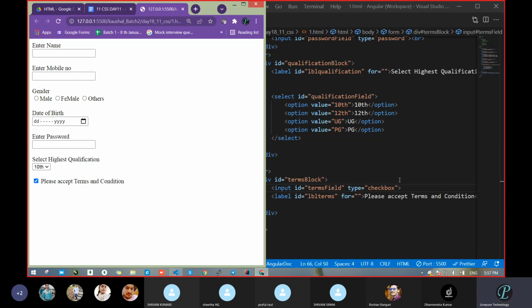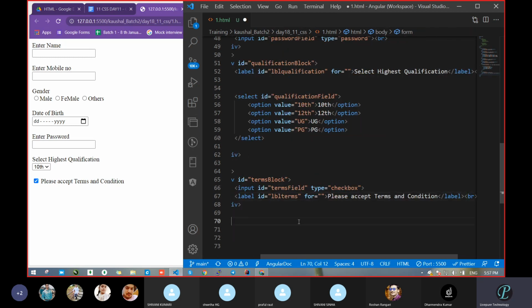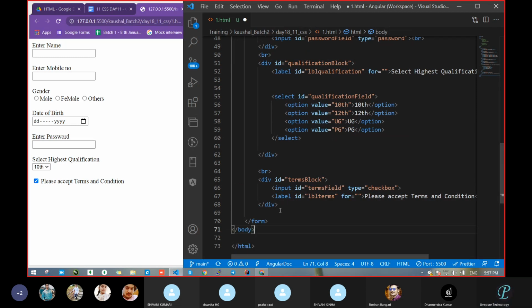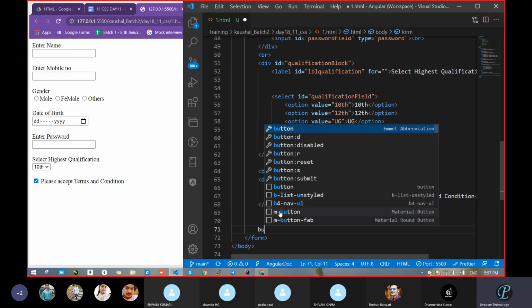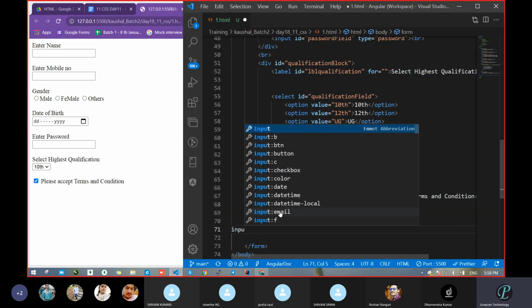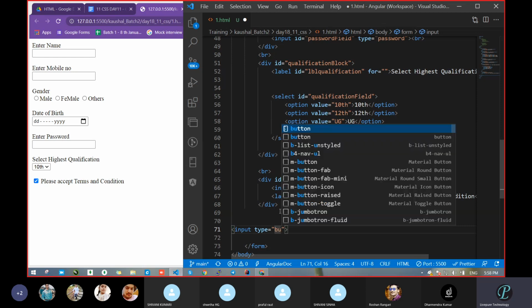So I actually tried to cover all types of input. That is my motto actually, and I covered it. So this much is important. And the last, final one is which one? Button. Okay, so for a button you can write it directly, or you can take input type, that also. Both have some difference that you will see when you work in JavaScript. That time you will realize what the difference is in both cases. So take that type equal to button.